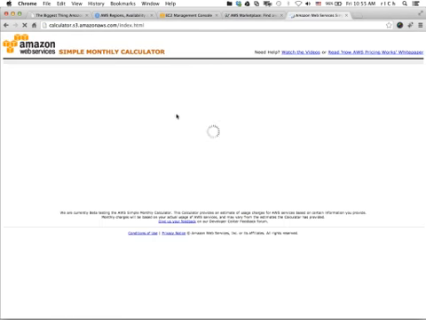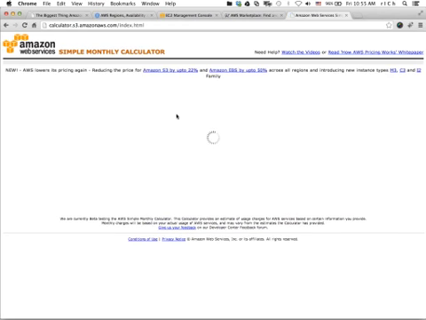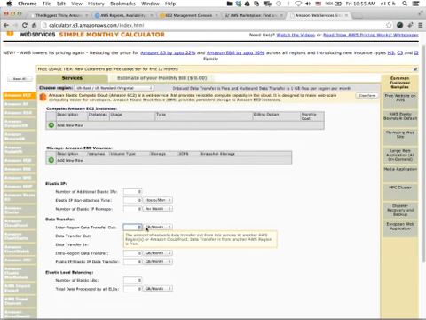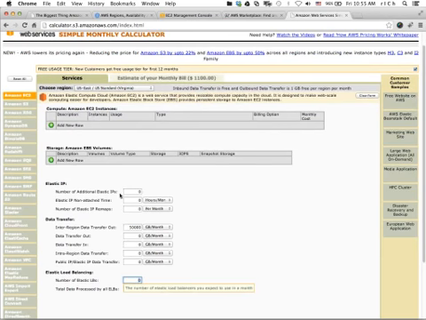You can always go into this calculator, and if you know what your usage is, how much bandwidth and how much storage and so forth that you're using, you could go in, let's just say on EC2. I can go in and say, I know that I do 500,000 gigabytes per month, and I need, I don't know,